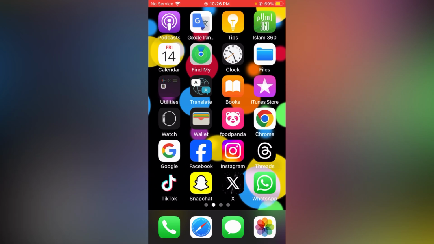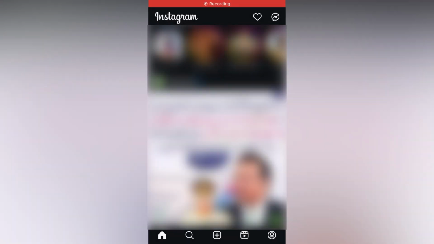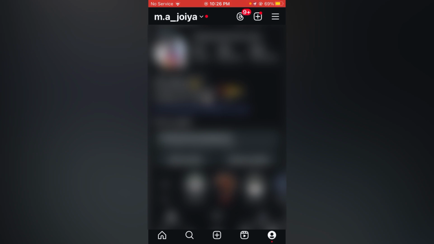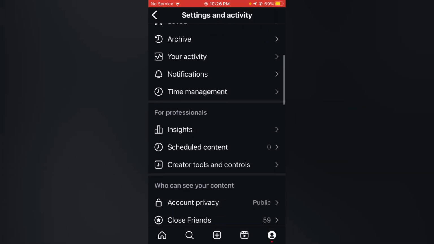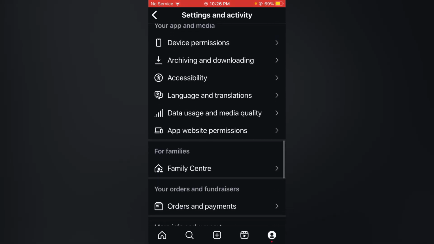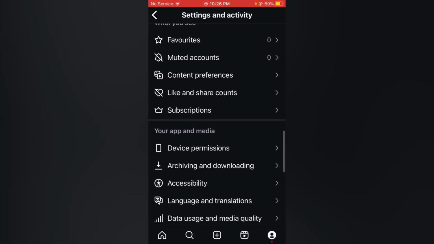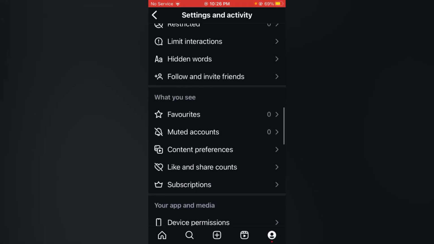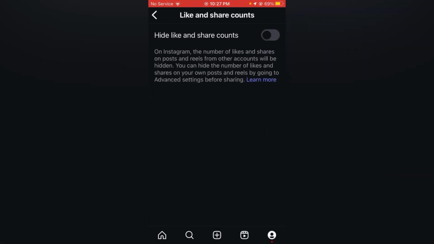Firstly, open your Instagram account. Now tap on your profile. Now tap on the three horizontal lines. Now scroll down until you see an option like "Like and share counts." Simply tap it here. Now, on my screen,